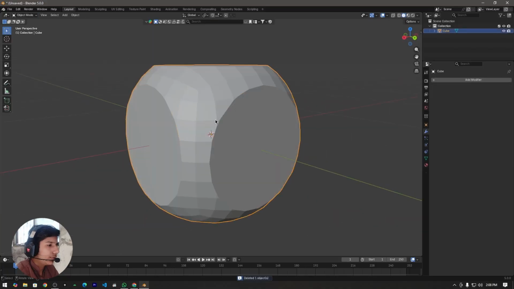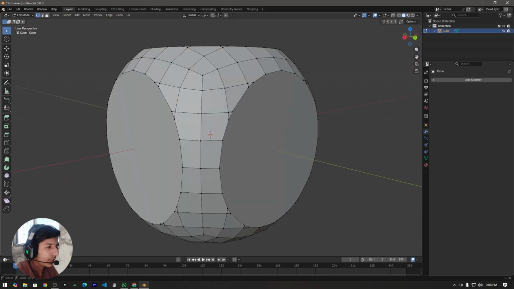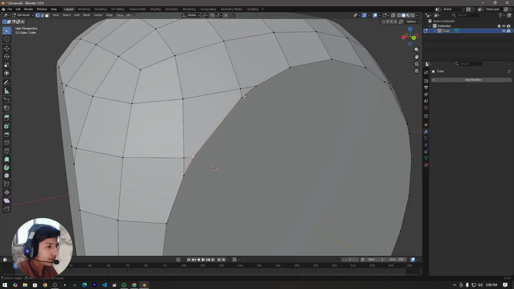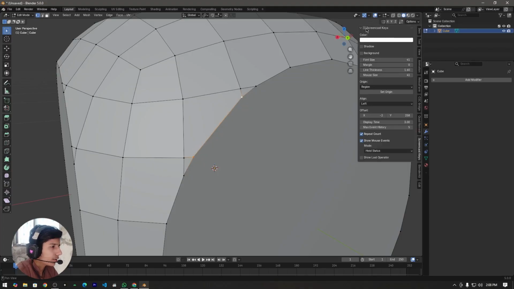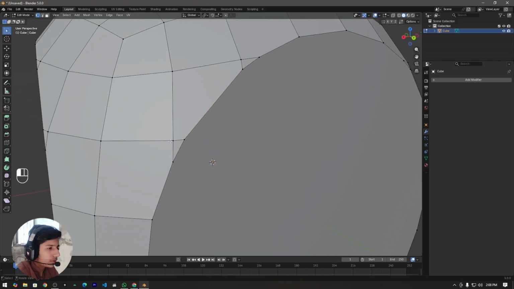Now if you guys select this sphere, go into edit mode, you can see the topology. So we need to fix this as well. So to start, I am going to select these two vertices and merge at center by pressing M, and maybe I can enable screencast keys so you guys can see the keys I am pressing here. And first of all I'm going to select this vertex and this one, press M and merge